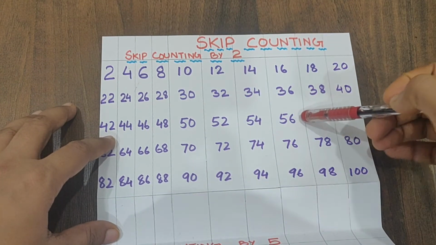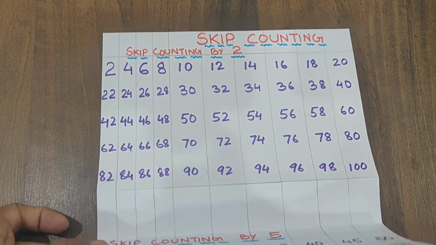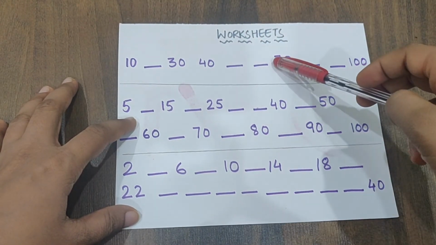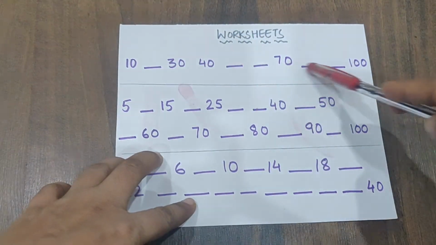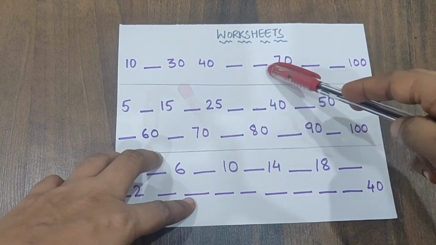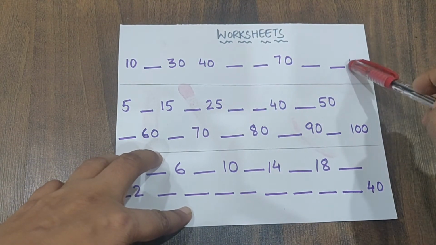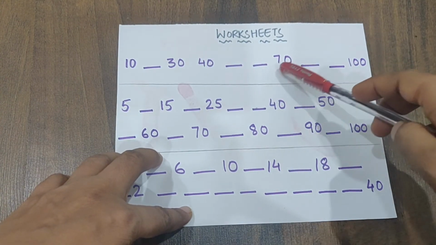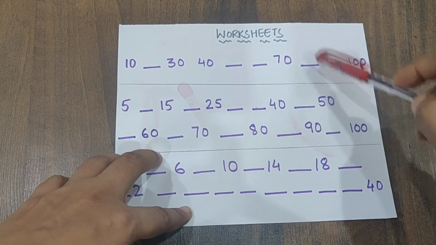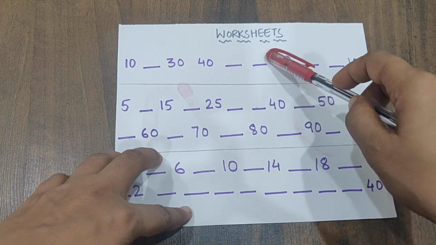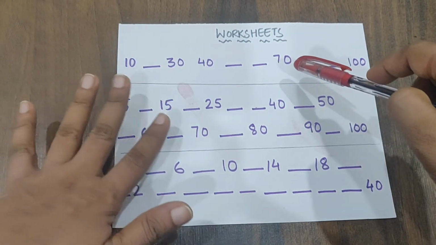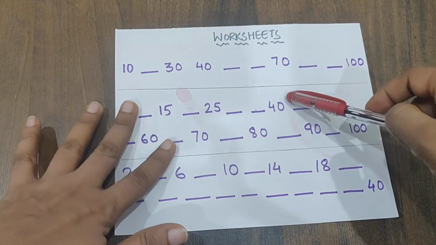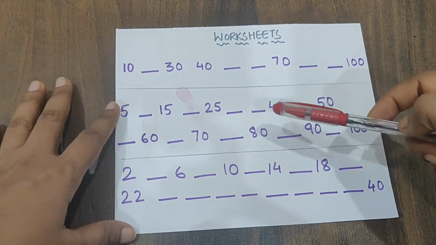Now after learning the same, worksheets for the same can be given in a similar way. You can see it over here that the first one is skip counting by 10. If you want, you can keep the entire series blank. It means that after 10 you can give entire blanks and reach up till 100. But initially I would always suggest that it is better to give a few numbers in between so that the child is able to relate to what is going to come next. Do not make it too complex at the very beginning. If you do that, it will become difficult for the child to interpret and understand what is going to come next. So initially keep it simple and gradually increase the difficulty level.